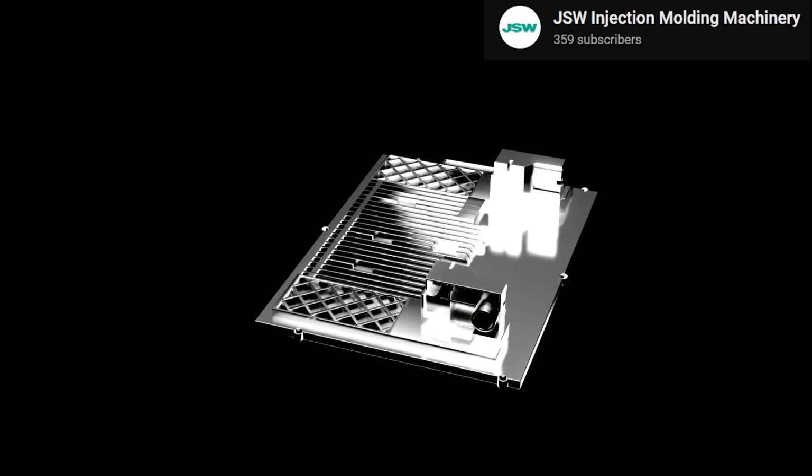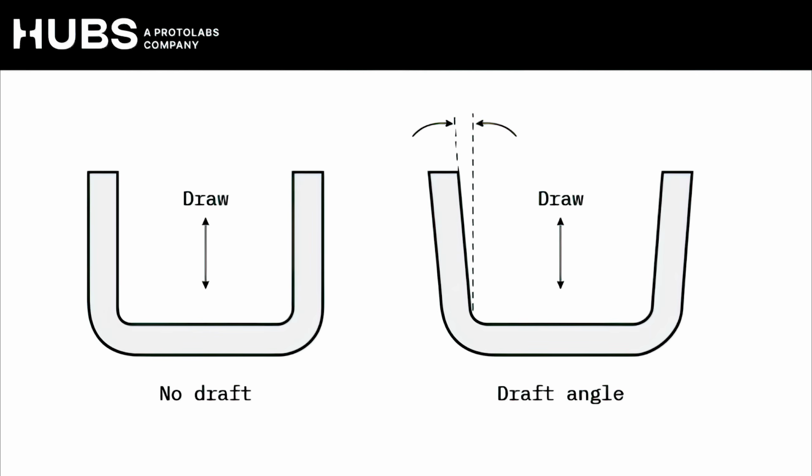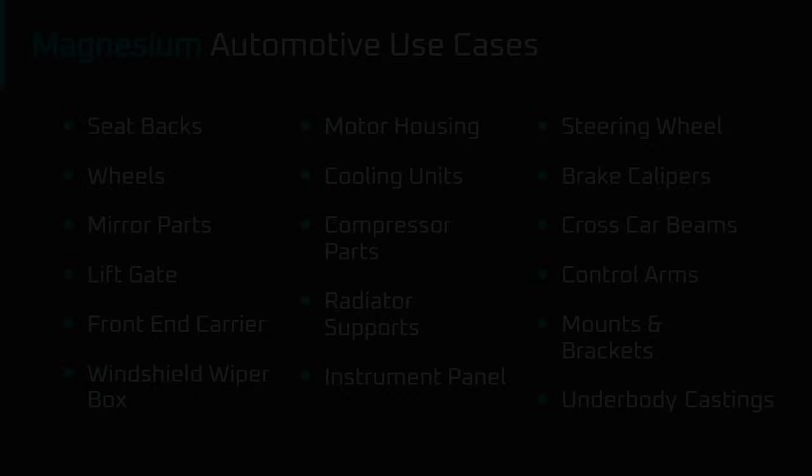thixomolded magnesium would affect the manufacturing and design of castings compared to aluminum gigacastings, where they could be used and